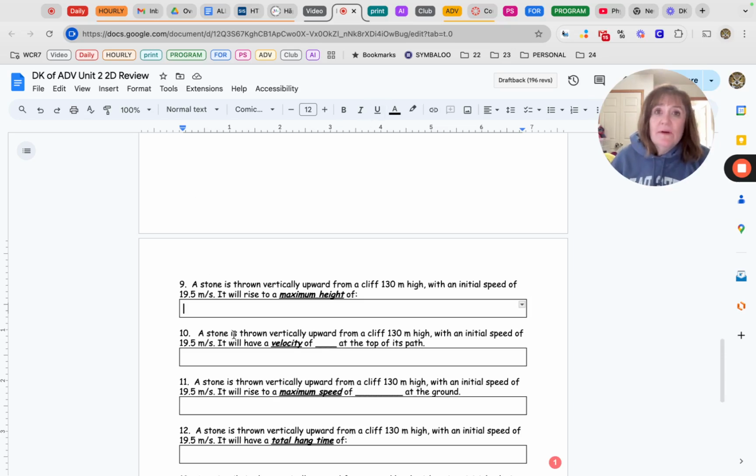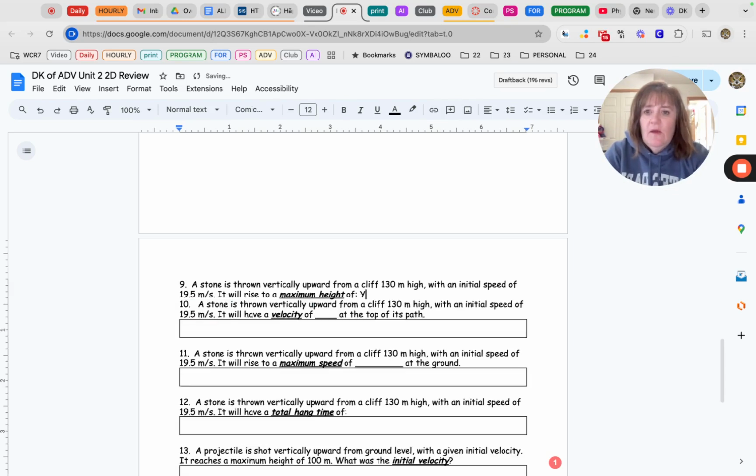Hi, so welcome back. This is number 9. Took me a while to get here. Number 9 says, a stone is thrown vertically upward from a cliff of 130 meters high with an initial speed of 19.5 meters per second. It will rise to a maximum height of what? Now, if you remember, this was where we had some linked situations happening. So the equation we need is,